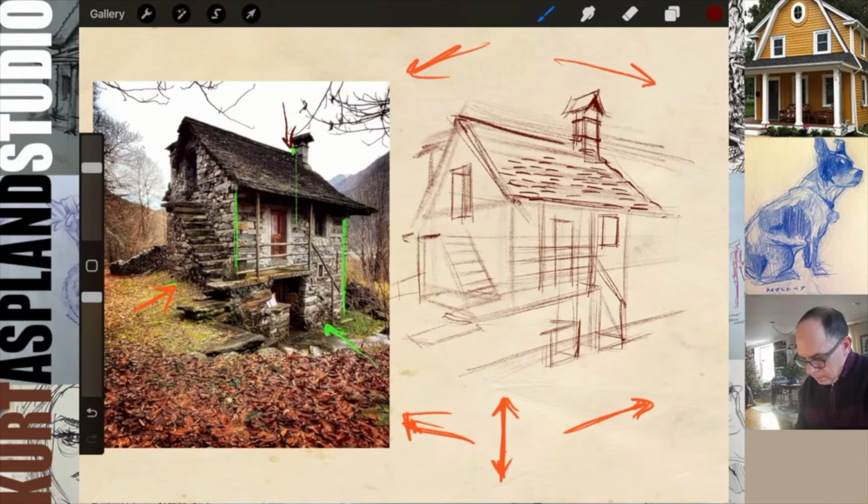Okay, and the same thing for these stones. Just get some guides, get some lines on here, so then when you start building these stones out,